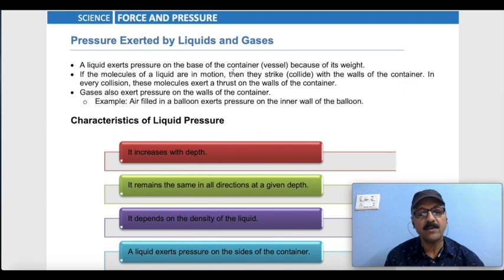Water from the topmost hole comes out with the least force and falls at the minimum distance. This proves that liquid pressure varies with depth. The lower holes come out with the greatest force and the topmost holes with the least force. The pressure increases with the depth of the liquid. Okay, thank you.